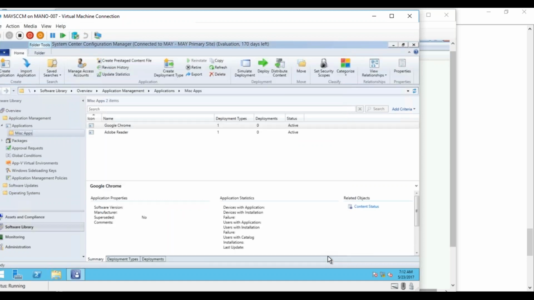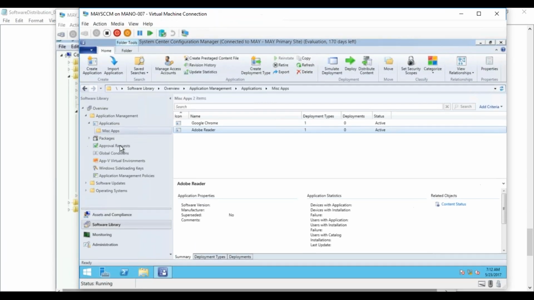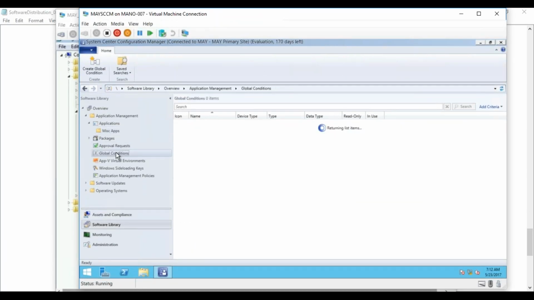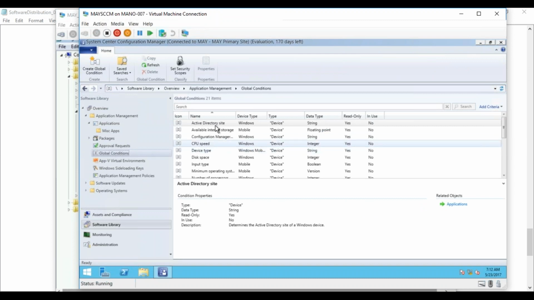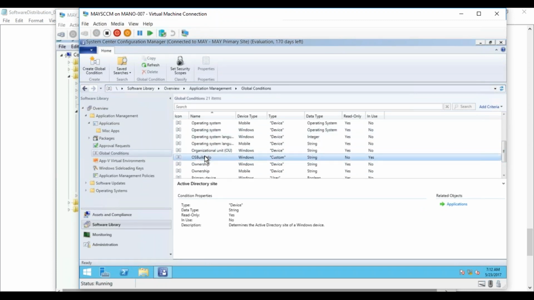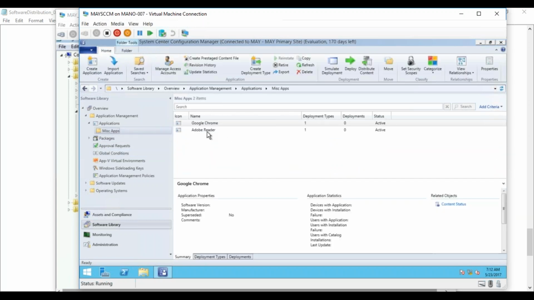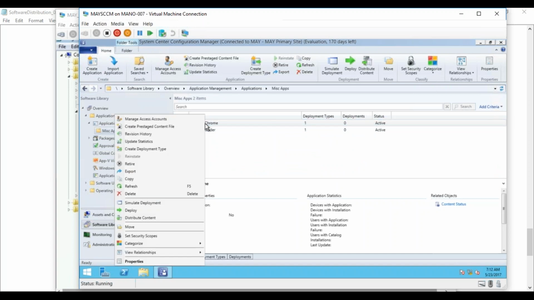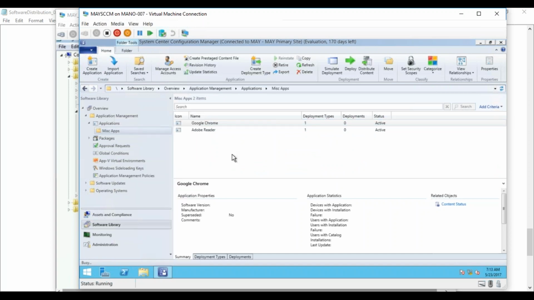So like that you can create multiple deployment types. Now, just to show you that global condition part, if you see here under global conditions, the OS build info should be there. So these are the ones which come with the device by default. And the new one that you have created is here, OS build info, right? It's a custom one. Now what will happen when I try to create a new application or the existing Google Chrome, and if I want to give the requirement here,